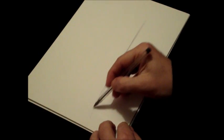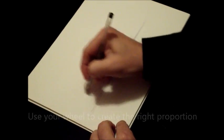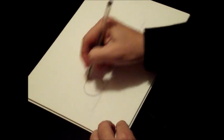Usually I start by doing the ground line. It's important because when you're drawing a car, a car is a car, so it has 4 wheels on the ground. So we take a wheel, we make a circle, okay, we draw in the air and then we touch